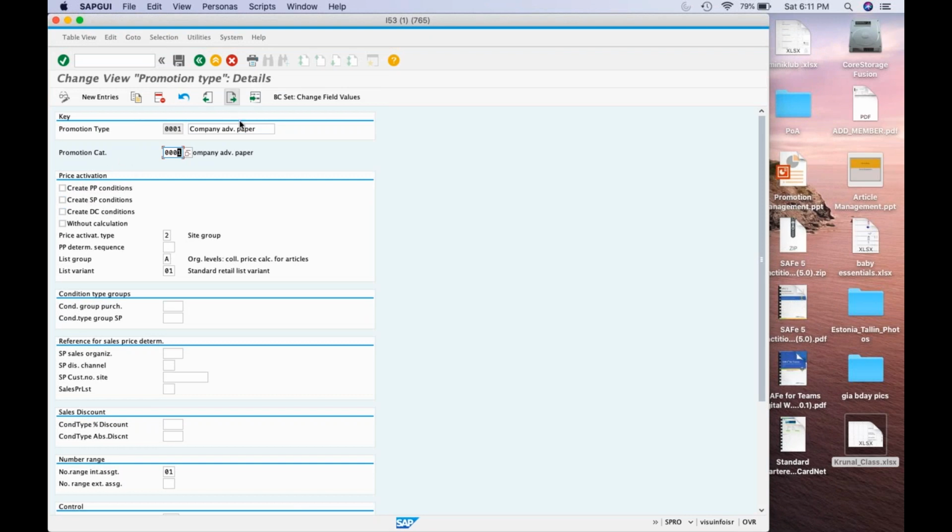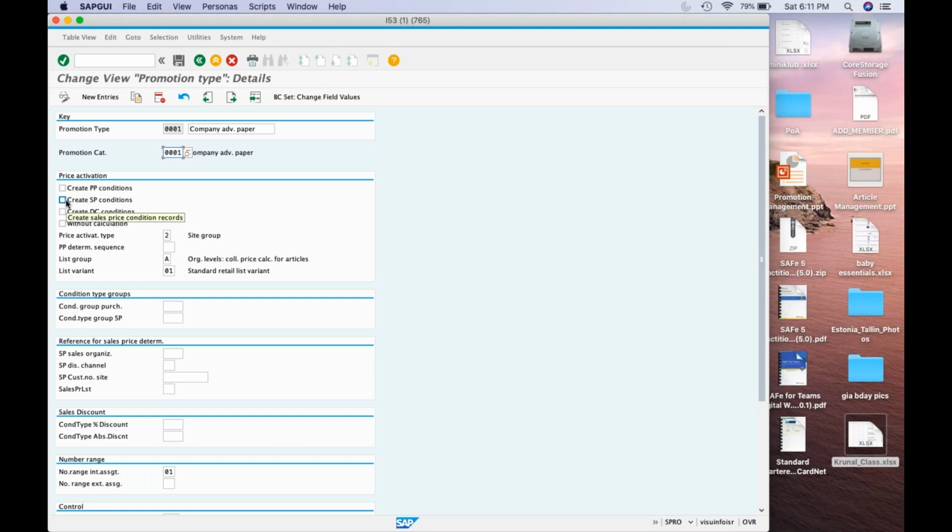When I create this promotion, should I create a separate purchase price, separate sales price, separate sales purchase price for DC as well? If it is one step, I'll not create DC conditions. If it is two step, I'll create DC conditions, right? If it is not a vendor offered promotion, I will not do anything. If it is just directly, I'm going to create a promotion where I have the stock, I'll just create sales